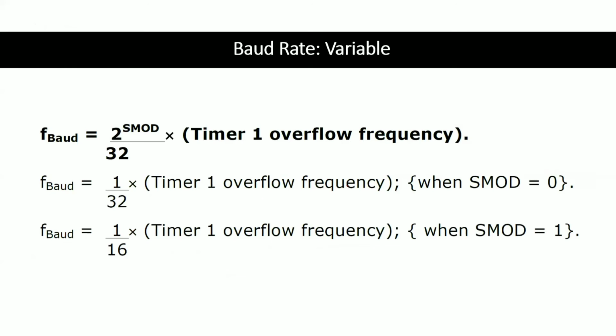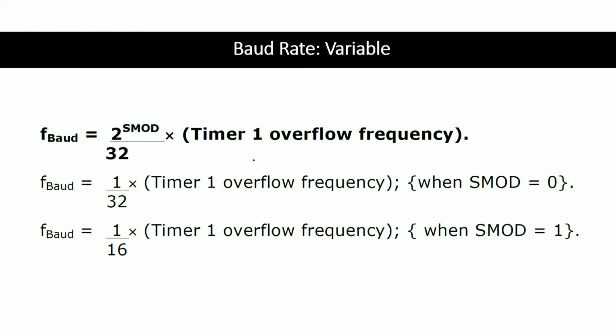And coming to the baud rate, so what is meant by baud rate? Baud rate is nothing but the number of bits transmitted per second, it is called baud rate. Now here we are having variable baud rate. So variable baud rate means I am able to generate different baud rates. Now if you check the baud rate formula, f baud is equal to 2 power SMOD by 32, and